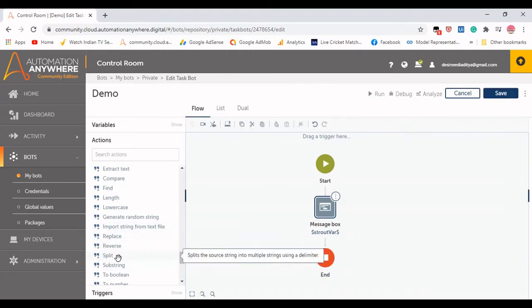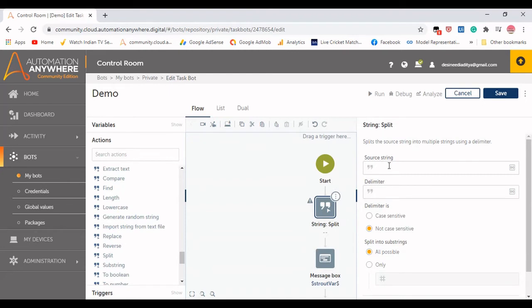The next command here is split. If I double click on the split, then you can see the split option here. Split the source string into multiple strings using a delimiter. Let's take Aditya learnings.